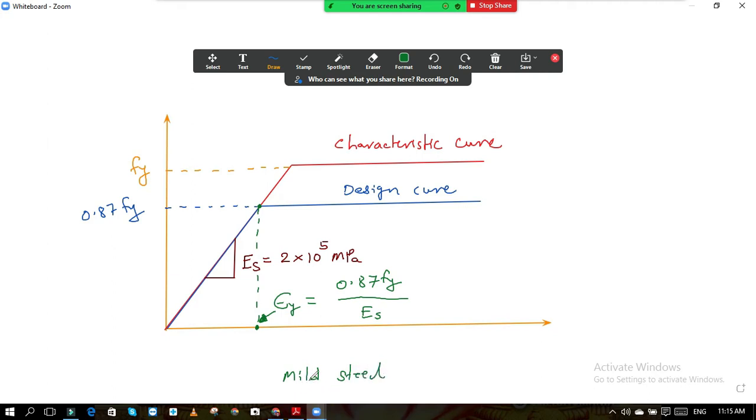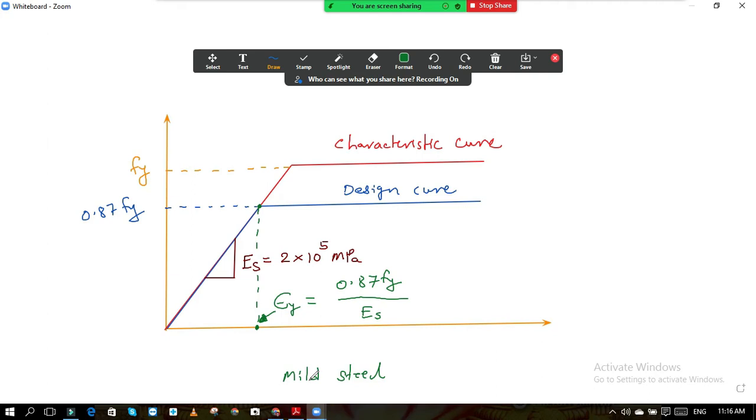These are very important points. Please remember this graph. Even if you go for an interview at any company, they may ask you such questions. Structure-oriented questions like these are often asked. So see this carefully. This is the graph for mild steel.